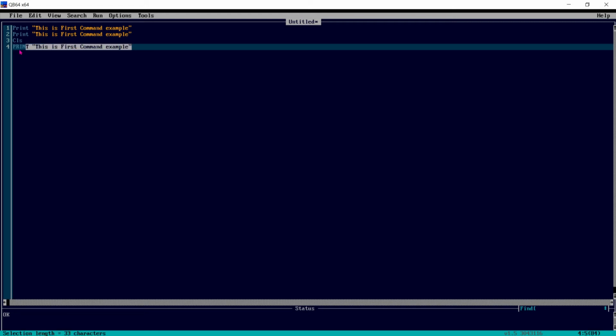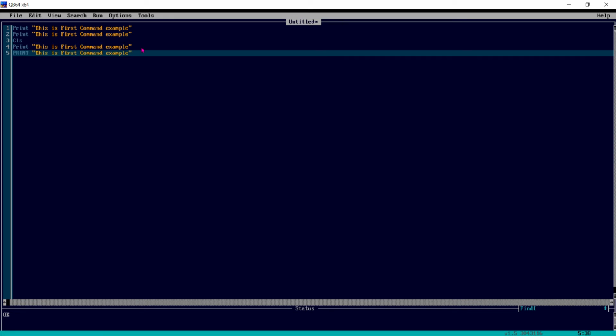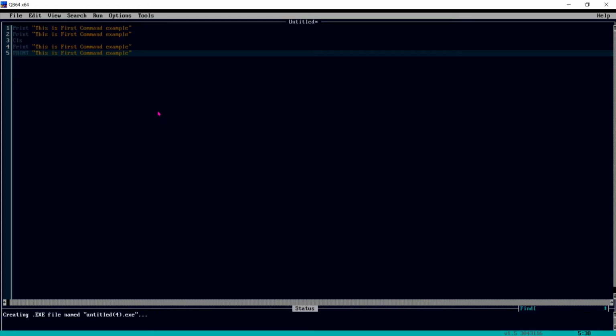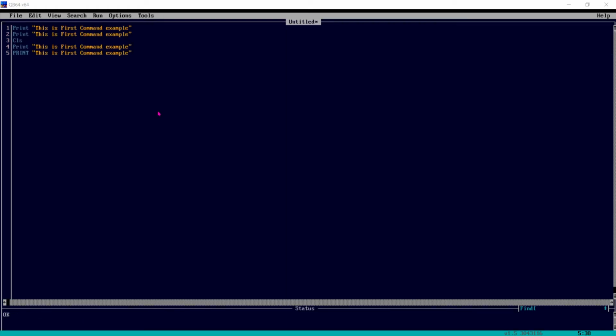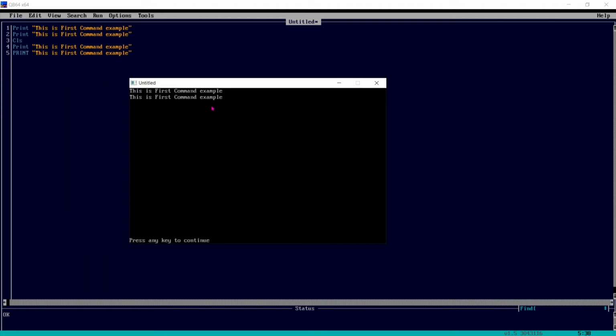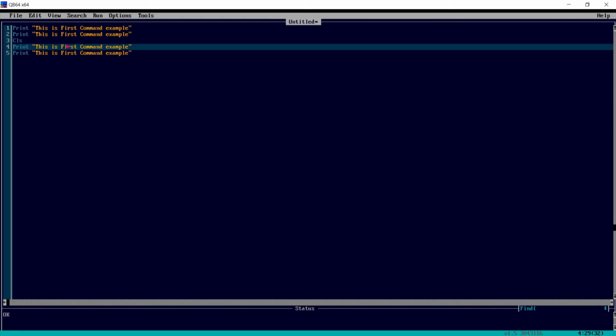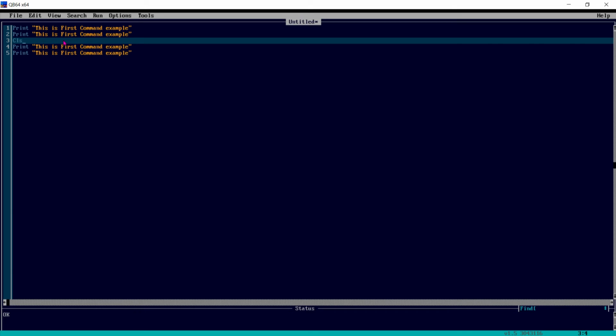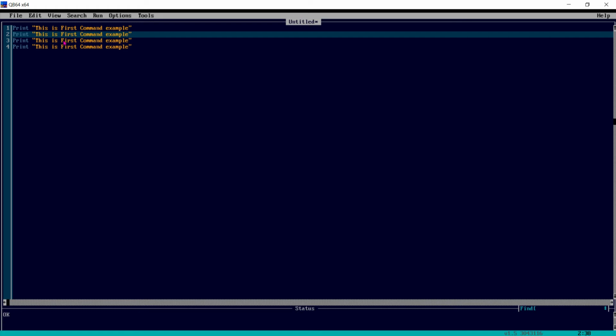And again, if I use print here, we will see it is printing again, but it is not clearing this screen. And if I remove this CLS from here, then how many times will it print?